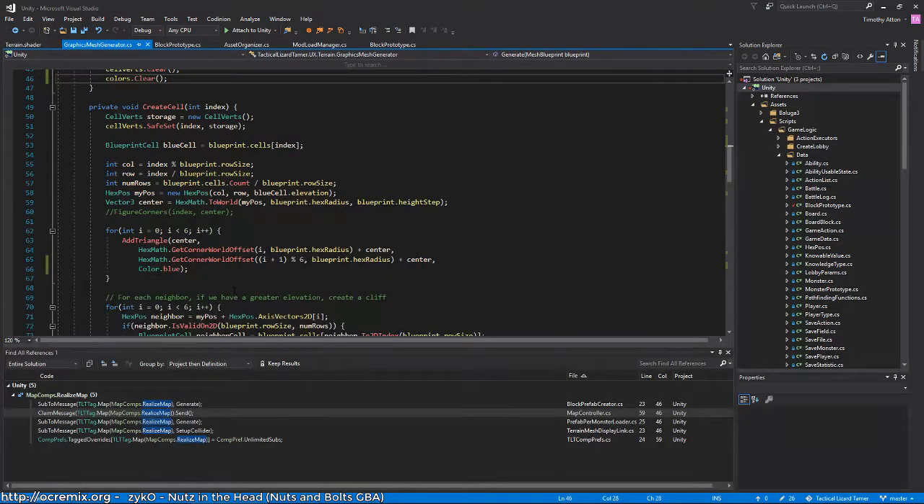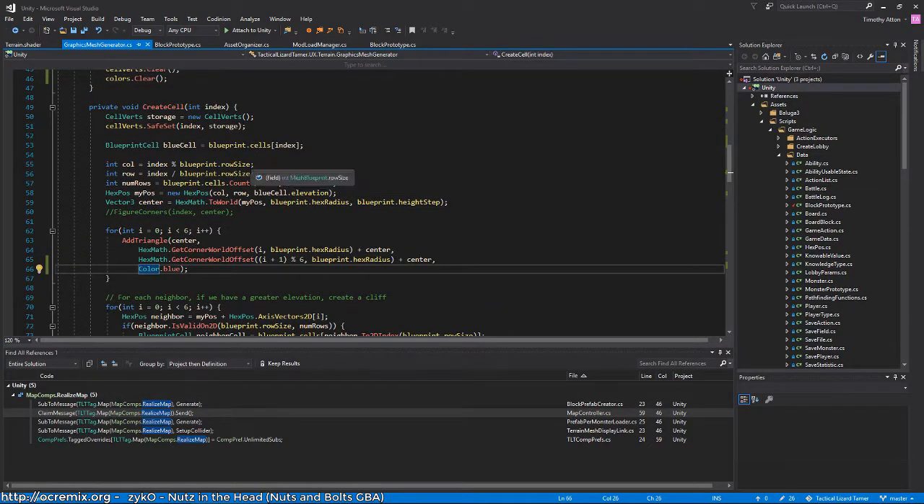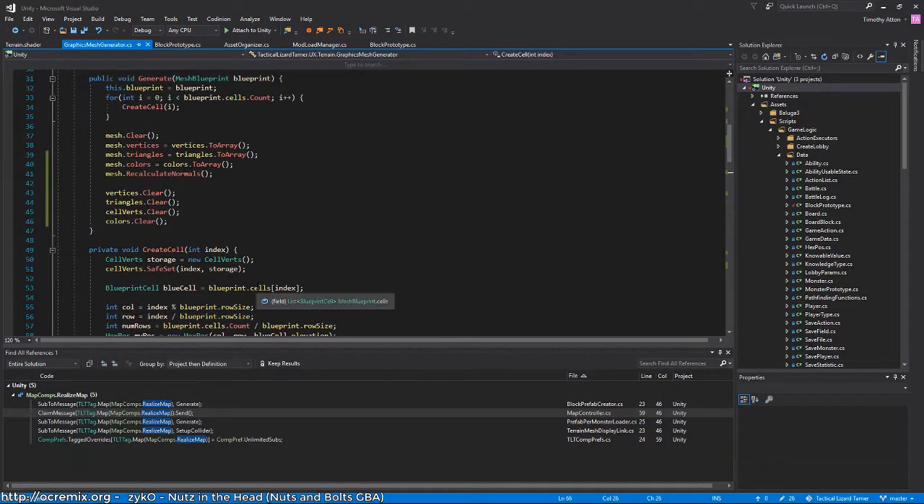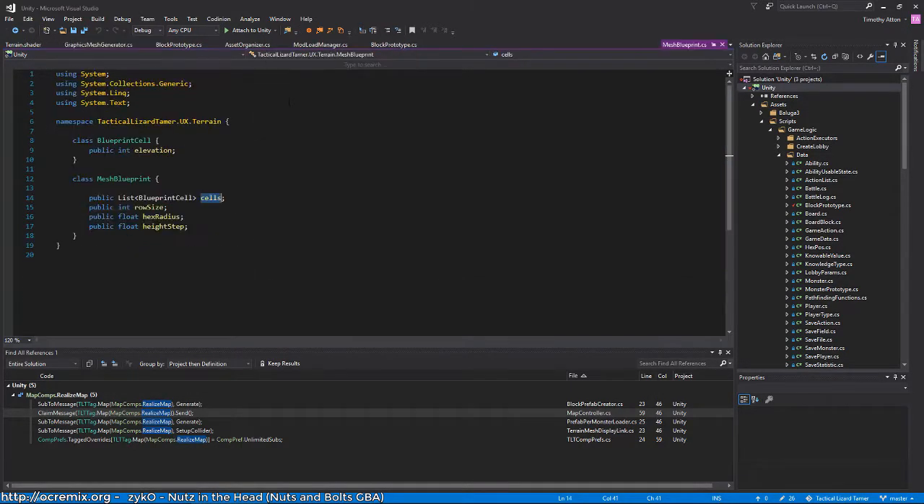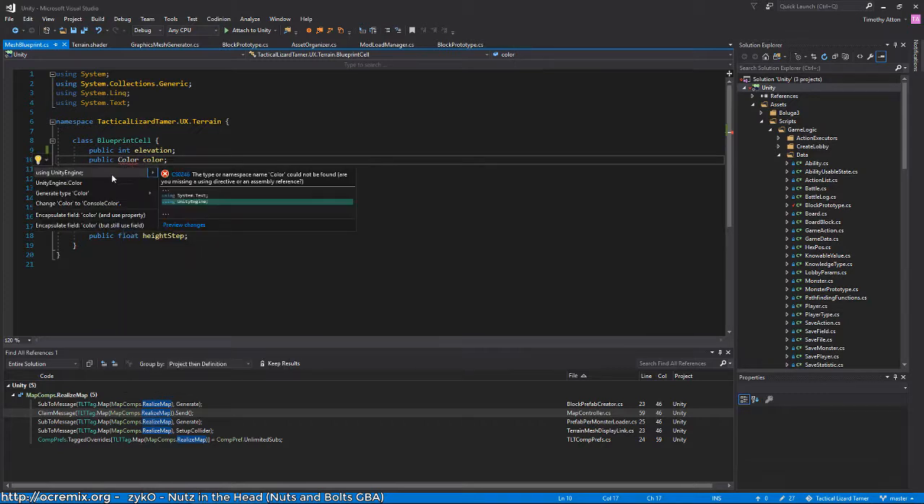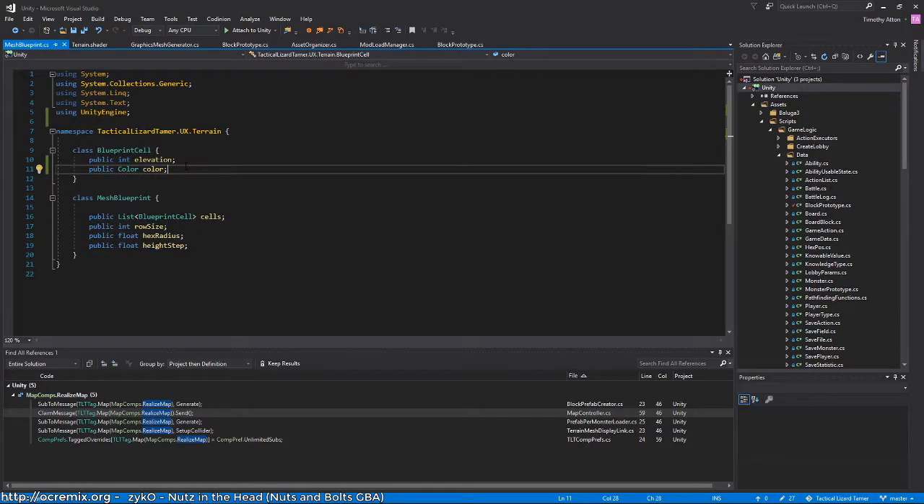Alright, so what's next? I guess we need to pass the terrain colors into the cell information. So on the blueprint, right now it just has elevation, and we'll just add a color field. We're just going super simple right now, but